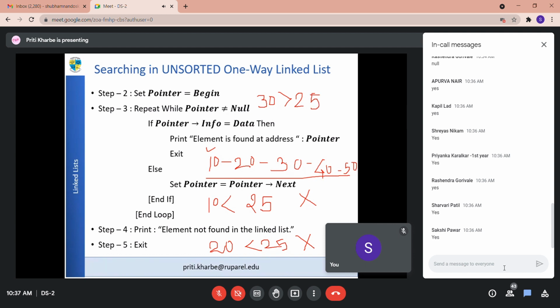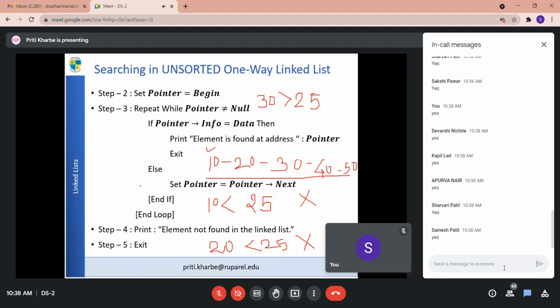So obviously if 30 is greater than 25, all the remaining elements are going to be greater than 25, isn't it? Because after 30 the elements will be greater than 30, because I have said that the list is sorted in ascending order. I'm assuming ascending order, right?